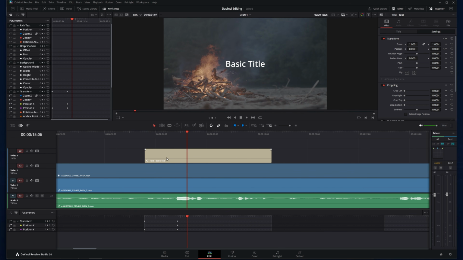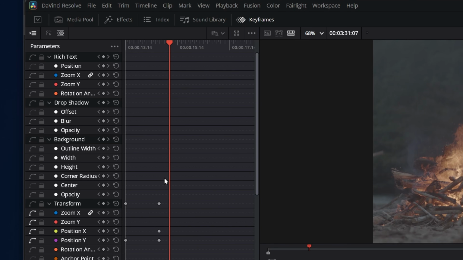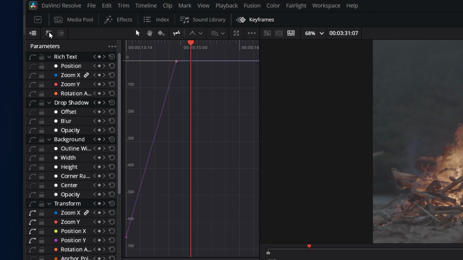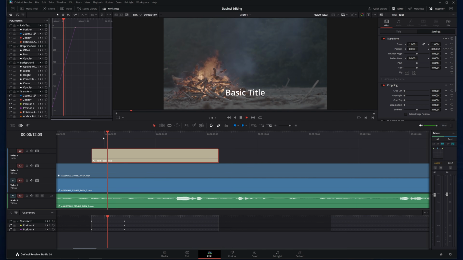Both of these keyframe viewing windows down here and up here let you view in lanes or curves. Lanes are this view that we've already seen, and curves show you the value progression and change in those values. So now we can see our position change on this graph. But it stops kind of abruptly.